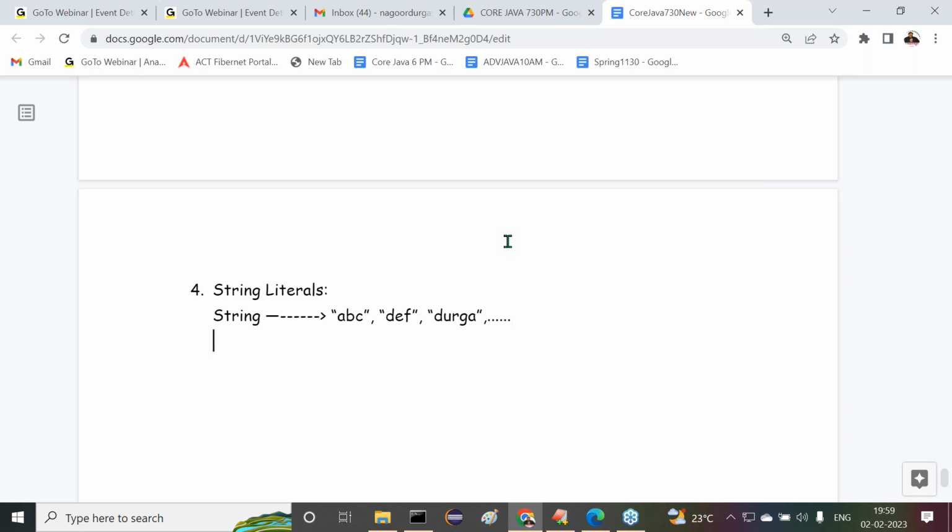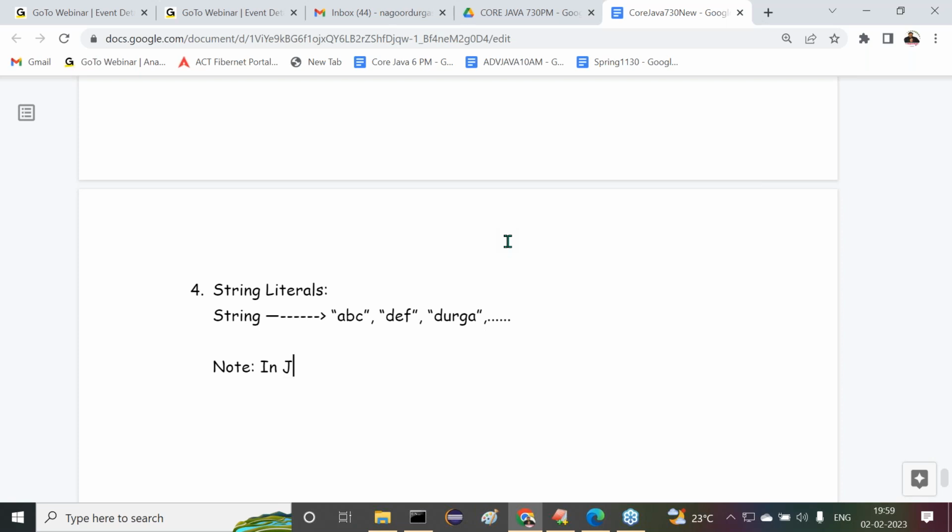Next one is one small note I'm telling you. Observe carefully. This is an important point. In the future also we are going to understand this point effectively. What is this important point? Observe carefully.